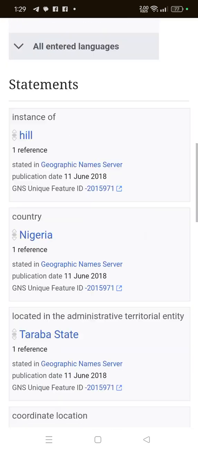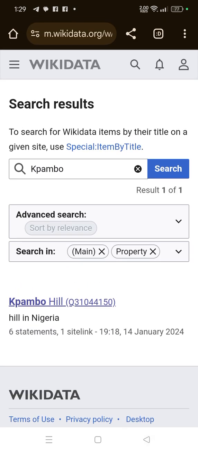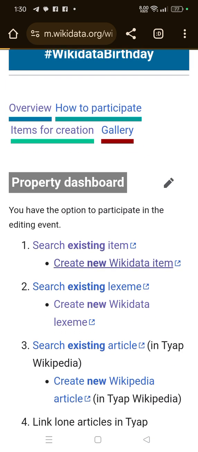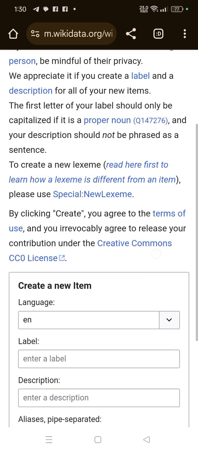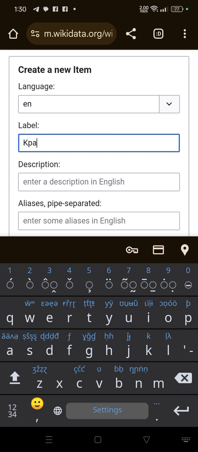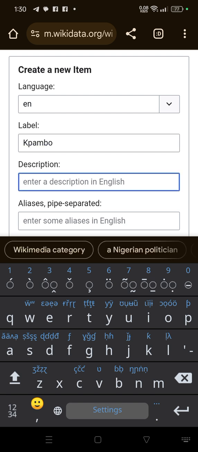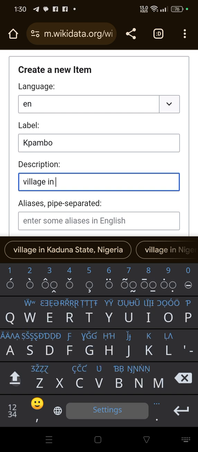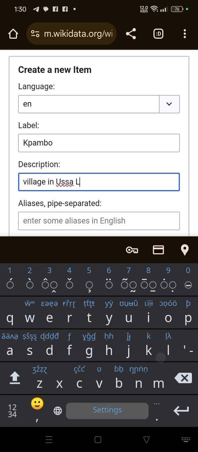On Wikidata, only on Pambo. Now I have seen that the Pambo village is not shown here, so that means Pambo village does not exist. So I want to create a new item on Pambo. So the label will be Pambo in English. Because you see language is en, so everything underneath it will be in English. So you just say village, you start typing with a small letter, except if the first letter is going to be a proper noun. So it's a village in Usa local government area of